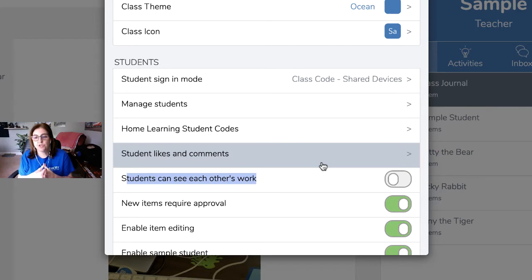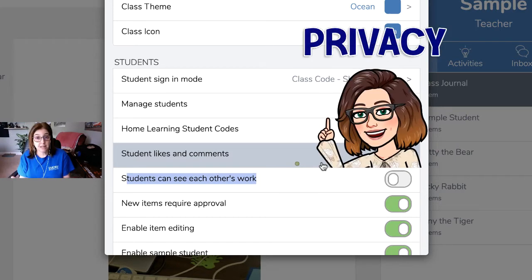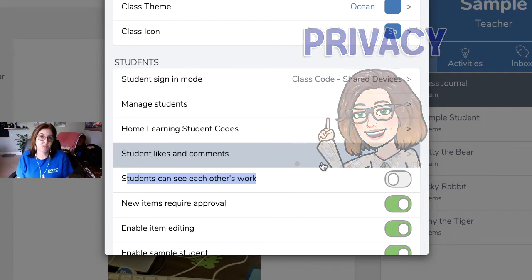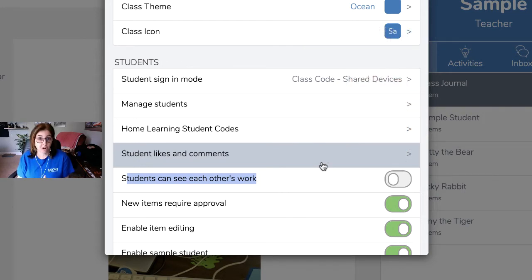This makes it so students cannot see each other's work. It is a privacy setting to help protect the privacy of the students' work from, let's say, a sibling who might be helping their brother or sister out, or from parents seeing the work of other students in the classroom. And we want to definitely do all that we can to protect our student privacy. So please make sure that that toggle switch is switched off so that it's gray